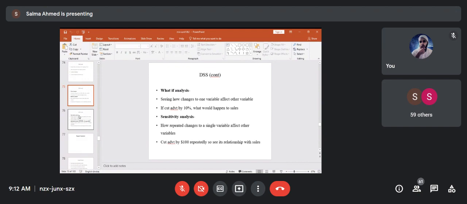Then sensitivity analysis is another method. How repeated change to a single variable would affect other variables. So if you go on repeatedly reducing advertising budget by 10% and